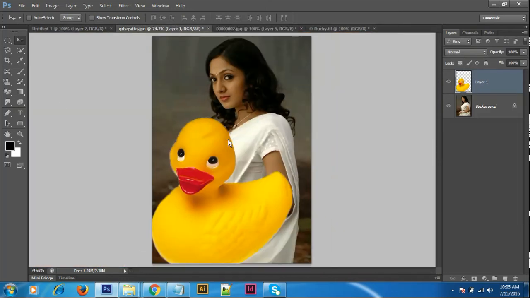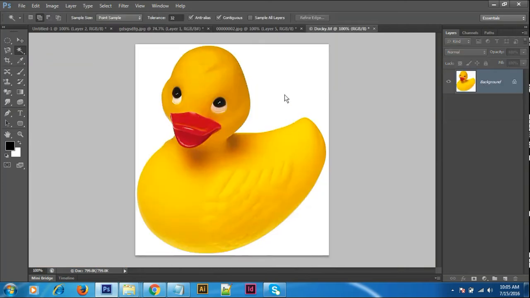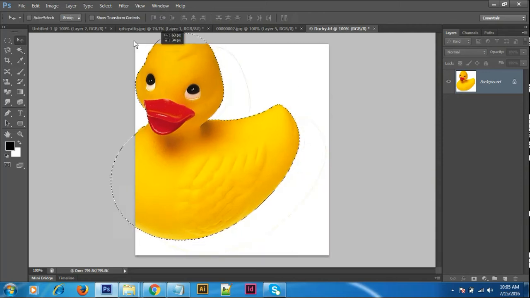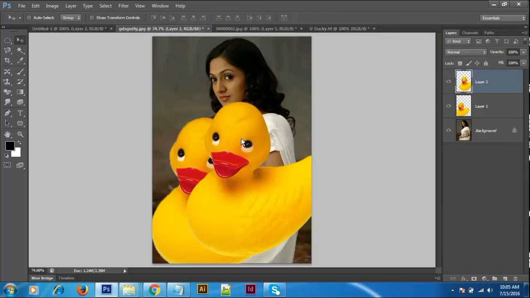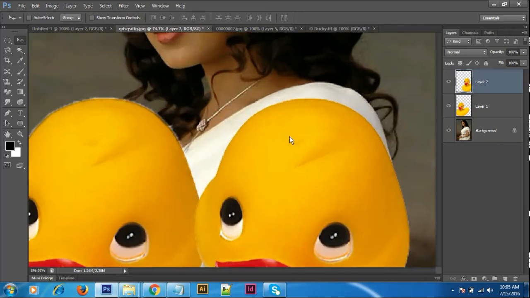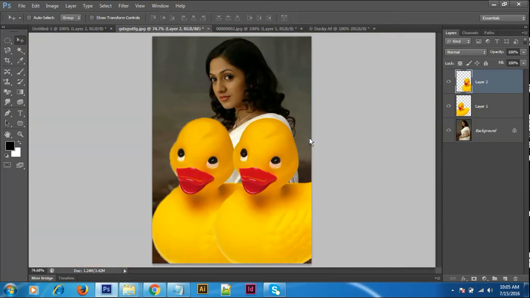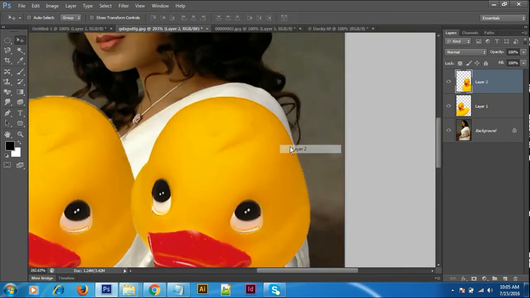But quick selection is a basic tool. Magic wand tool is an advanced tool. You select at a time once, only at a time once, because of the plain background. If you take any single color, just click it here. Control Shift I, take the move tool and place it into the background. How this edge and how this edge? This is sharp, that is slightly blurred. Which one is good? Sharp is better. I can feather it out if you want. But that is not clear, that is the main thing.